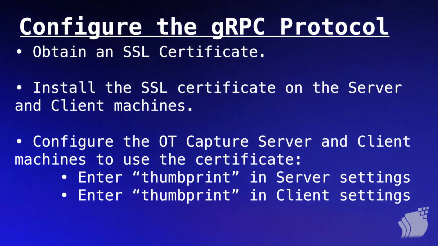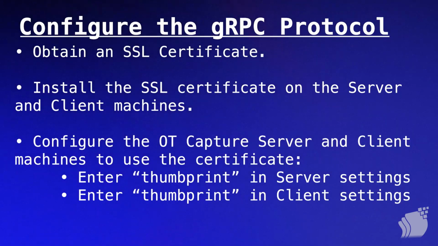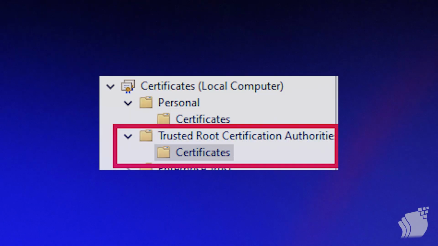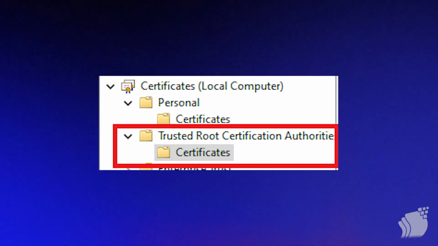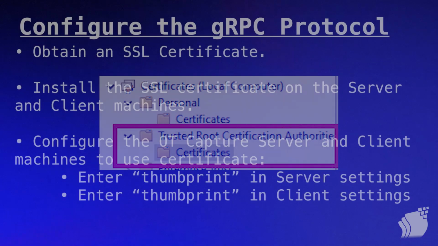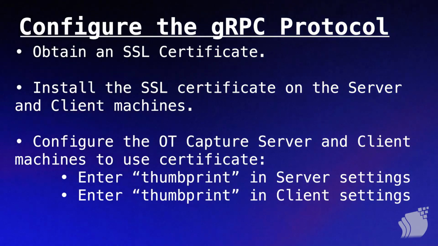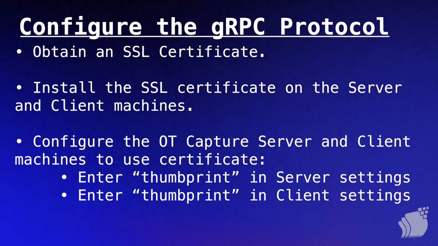Once we have our certificate, we go ahead and install that on the server and client machines. Now, this installation of the certificate is on the actual capture and client machines. We have not yet gotten to the OpenText Capture side of things. So we install the certificate on both the capture and any client machines using this certificate. Then we configure each machine, whether it's a client machine or server machine, to use that certificate by entering the certificate's thumbprint in the respective gRPC settings, both on the server and on each client machine that's connecting to the